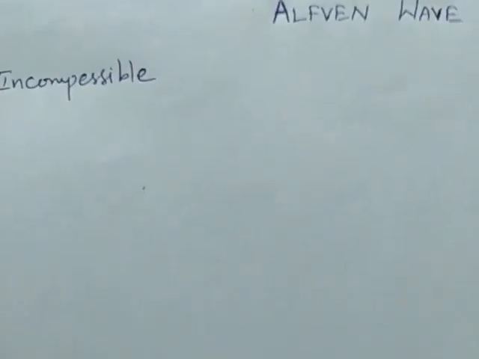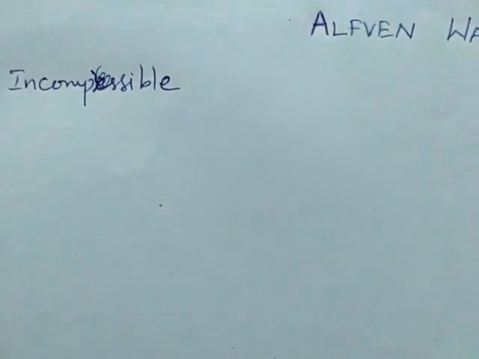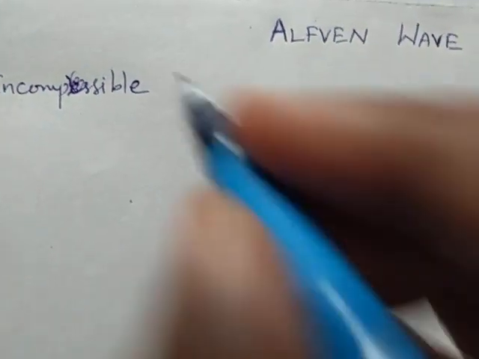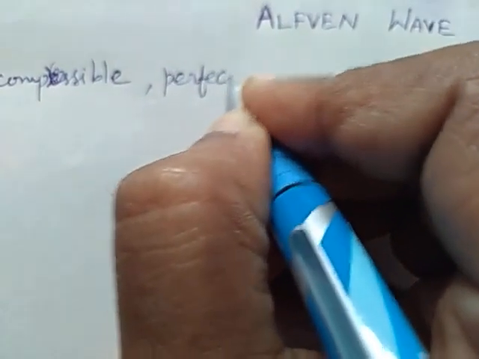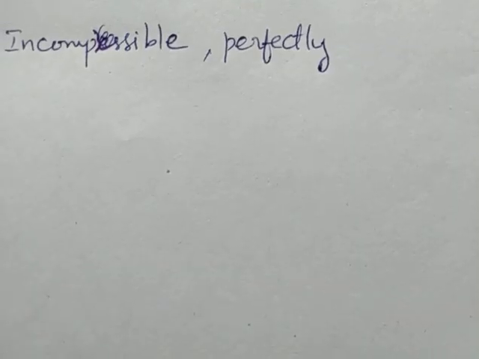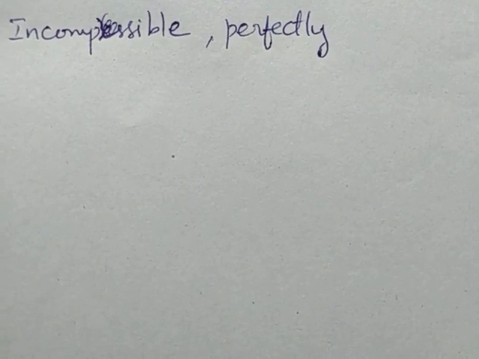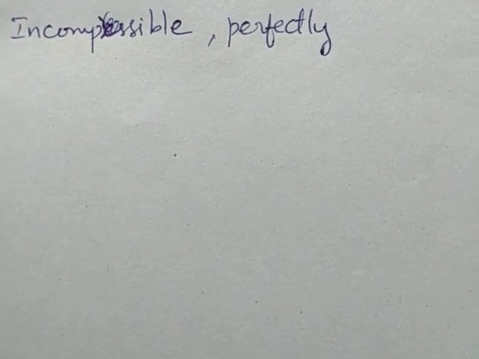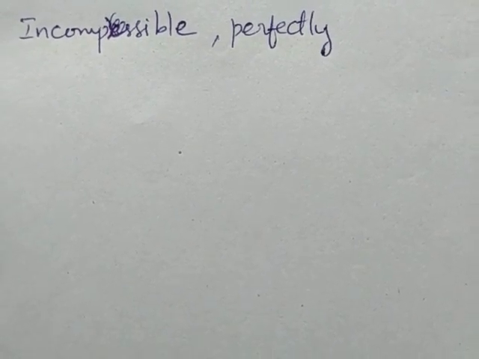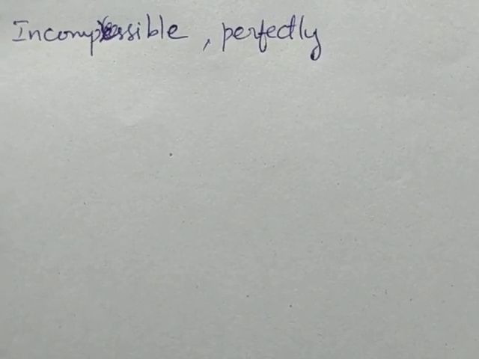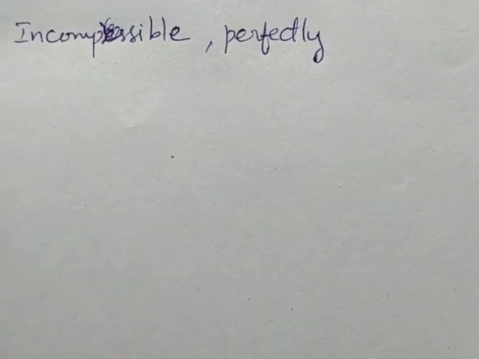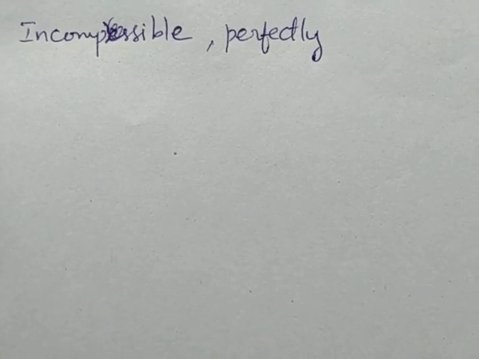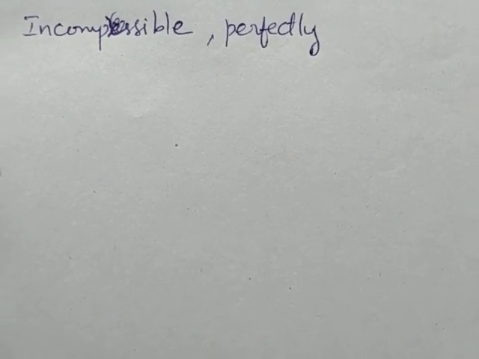The fluid which we are considering is incompressible. It is perfectly conducting. So for an incompressible fluid, density is constant throughout the fluid flow. And for a perfectly conducting fluid, sigma tends to infinity, and in the presence of magnetic field. So we are applying a magnetic field uniformly, vertically to the fluid flow.